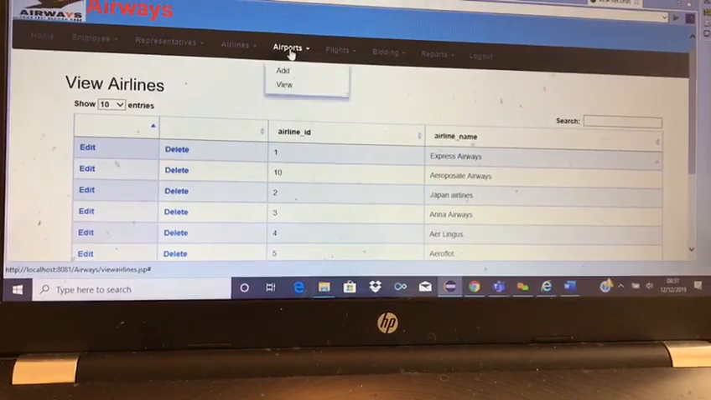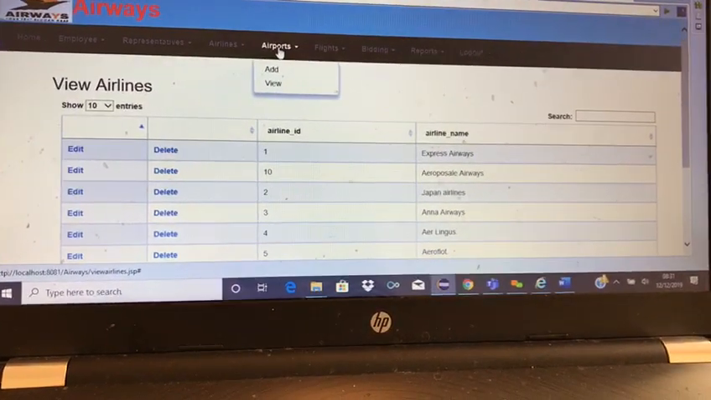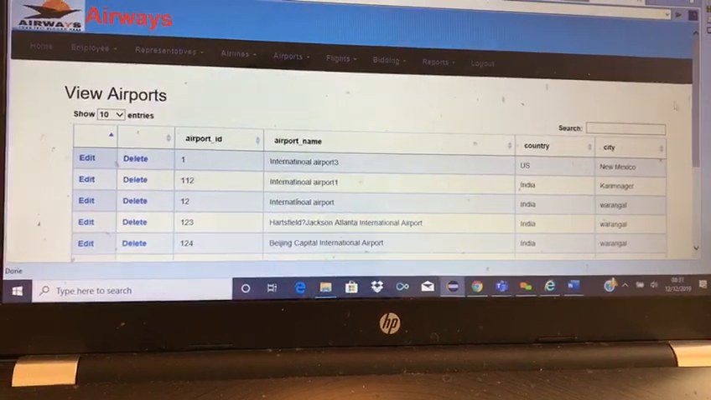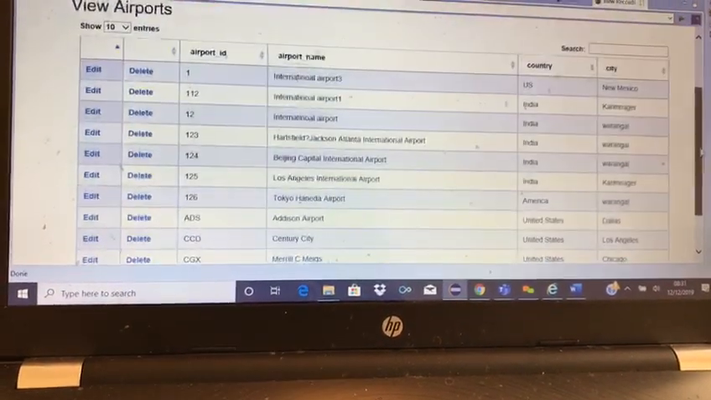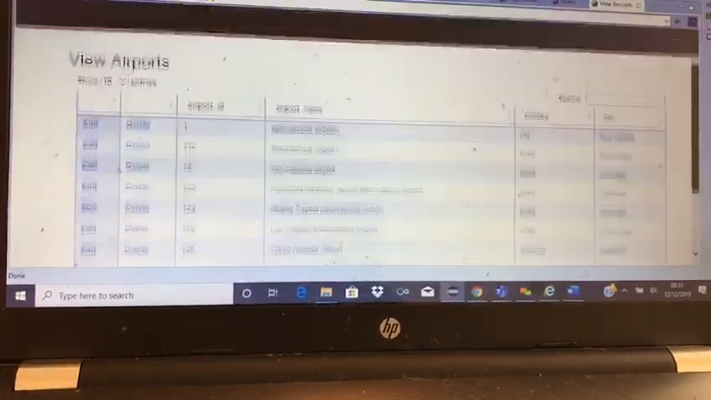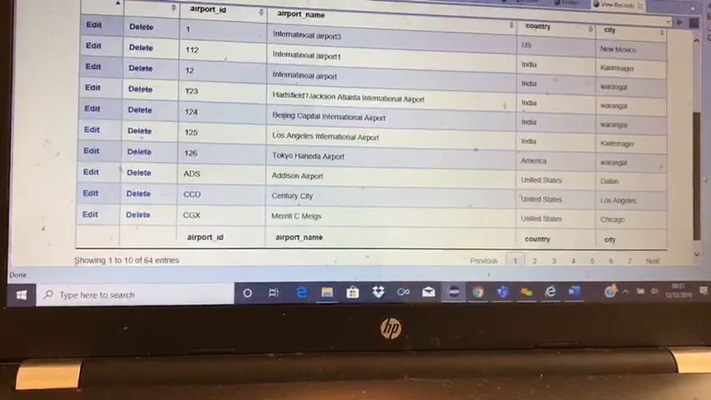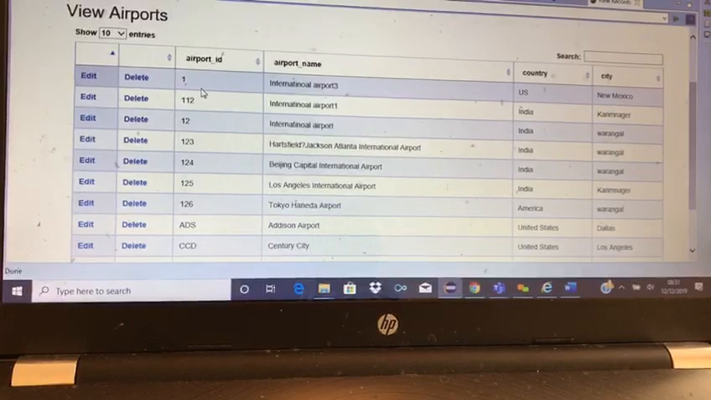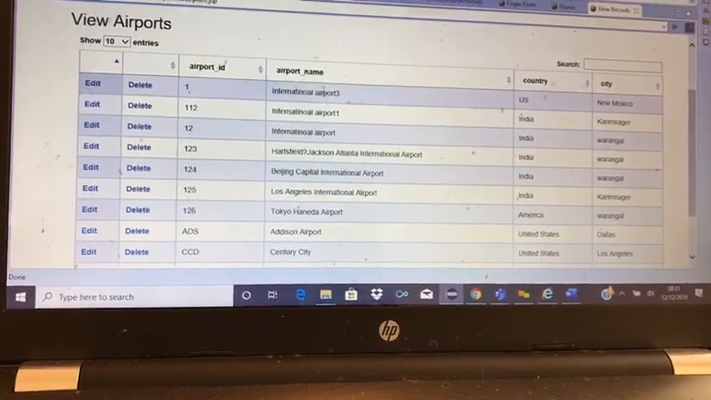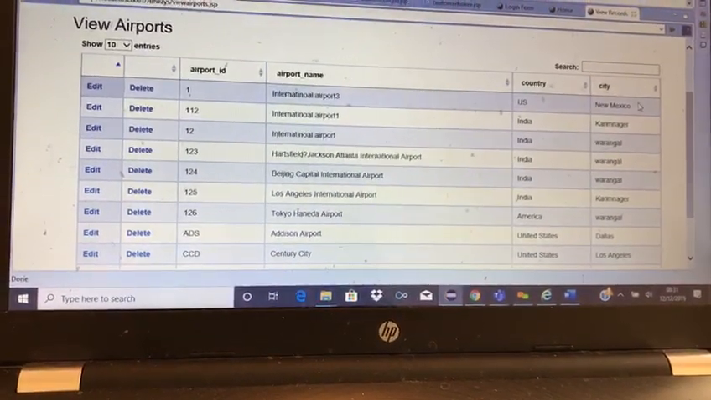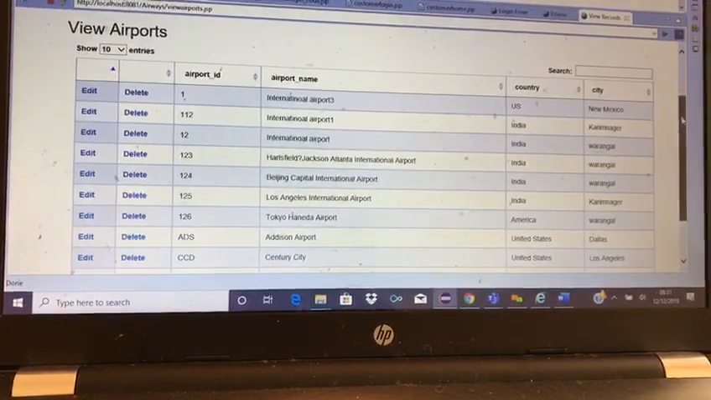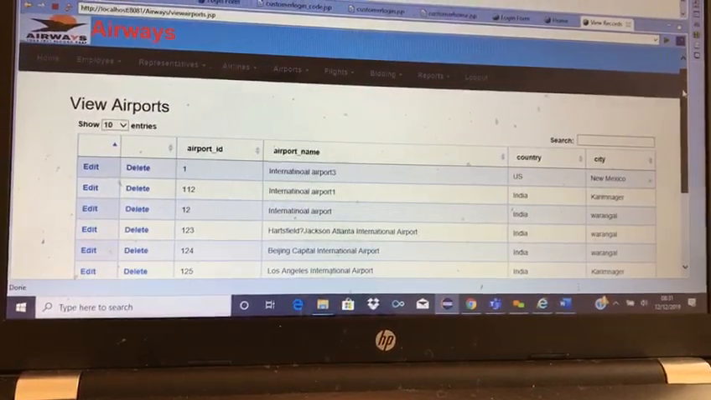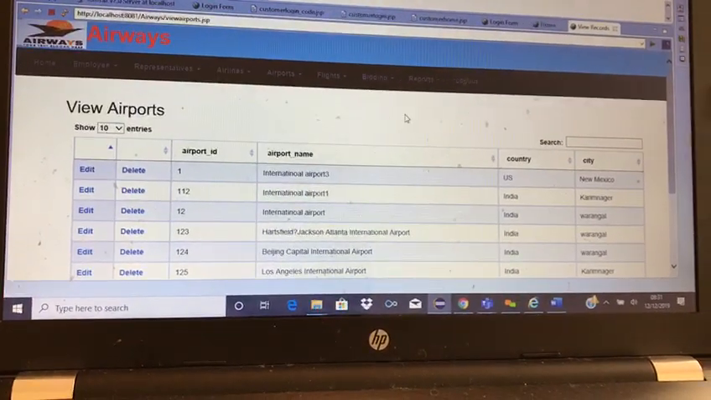And then you can see the airports. Here are the airports that are available, flying from various destinations. Each has an airport ID number, a name, the country, the destination and the traveling city. So I'm going to add an airport, supposing suddenly another airport came into